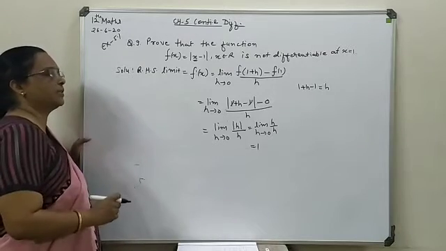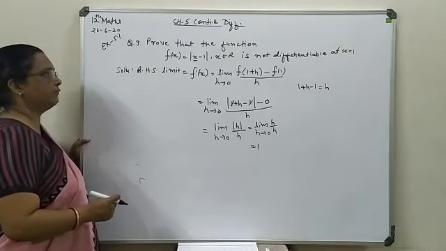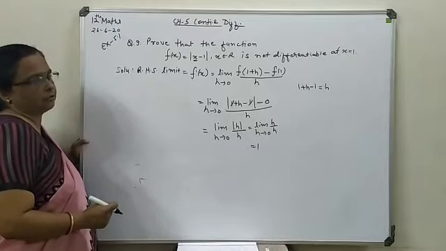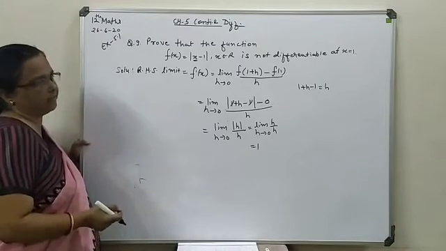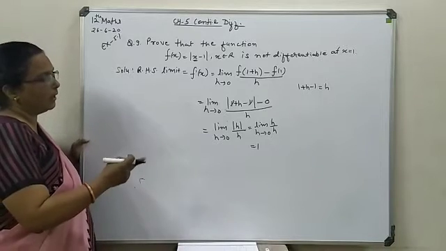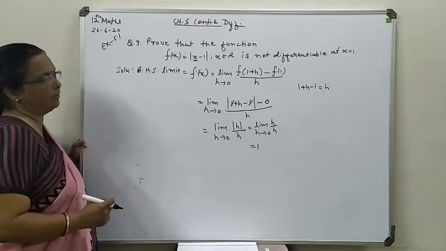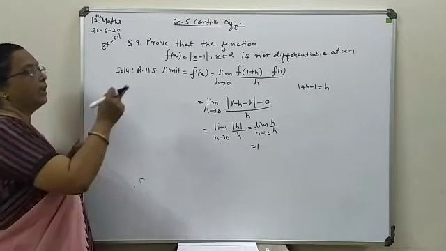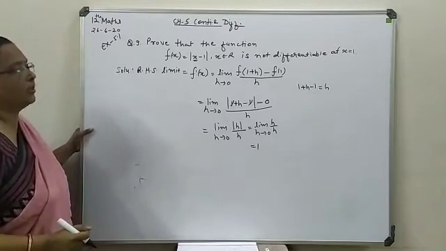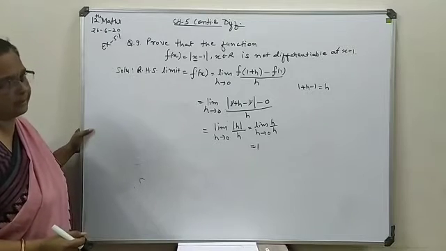So previously we have seen that at the left hand side limit point, your evaluation value was minus 1. Here with reference to the right hand side limit point, your evaluation regarding the derivative is coming as 1, which means these two are mismatched. That's why this given function is not differentiable at x is equal to 1.